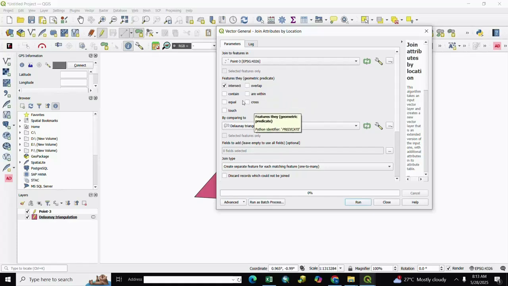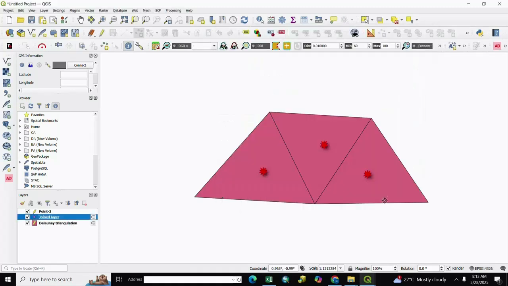We select here intersect, and for the other layer we select the polygon layer. After it, run and close it.